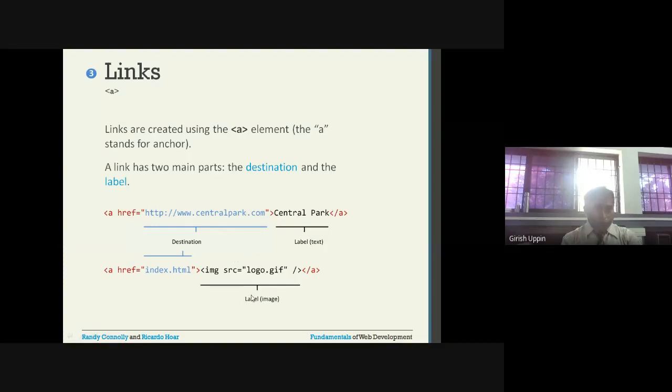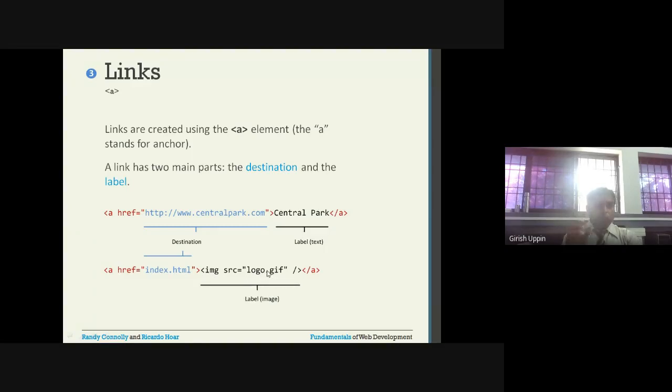The next example we also did. Instead of having the label as text, we had the label as an image. We inserted a logo as the label. I already demonstrated this. There is a logo.gif.